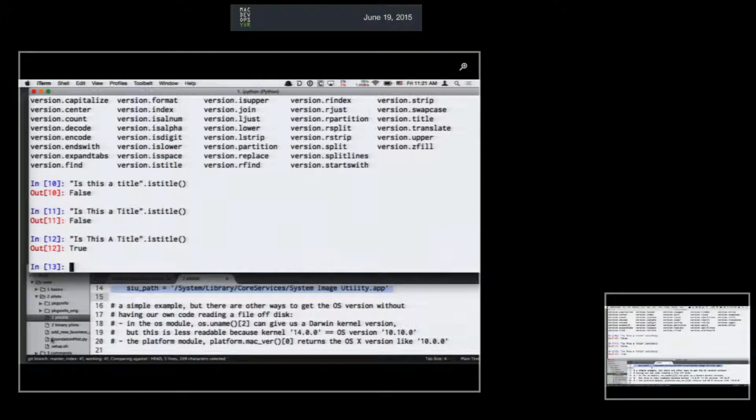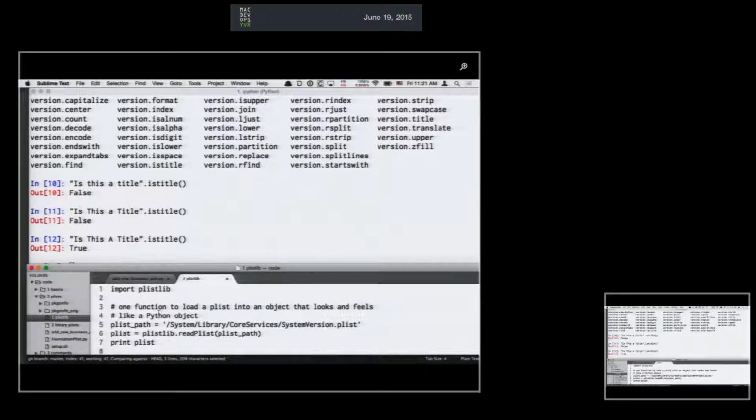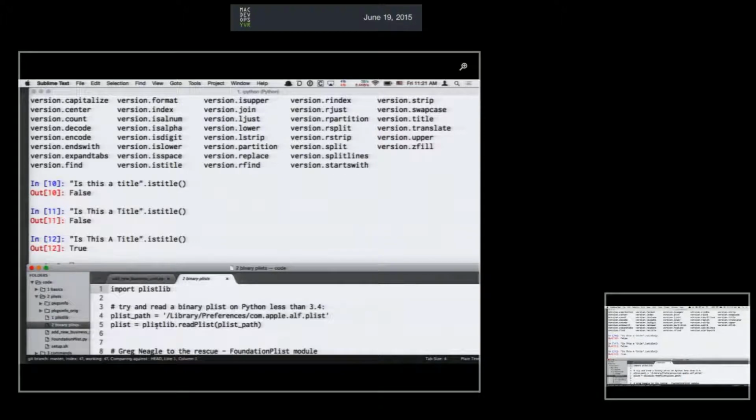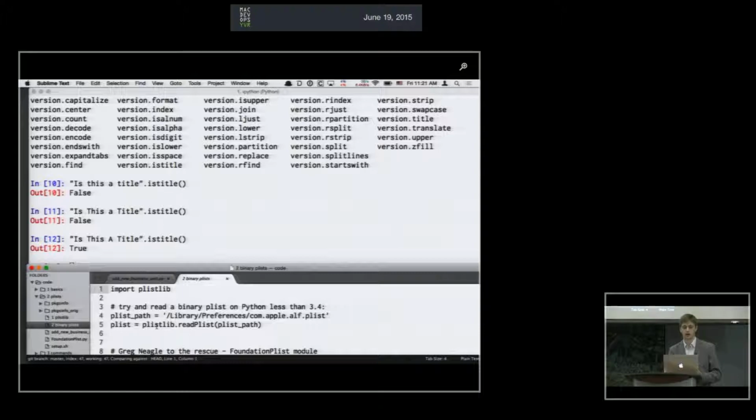So the one drawback with plistlib is that it can only parse XML plists until very recently in Python, I think 3.4, when they can now parse binary plists. And on OS X, binary plists are very common. So the best solution on OS X